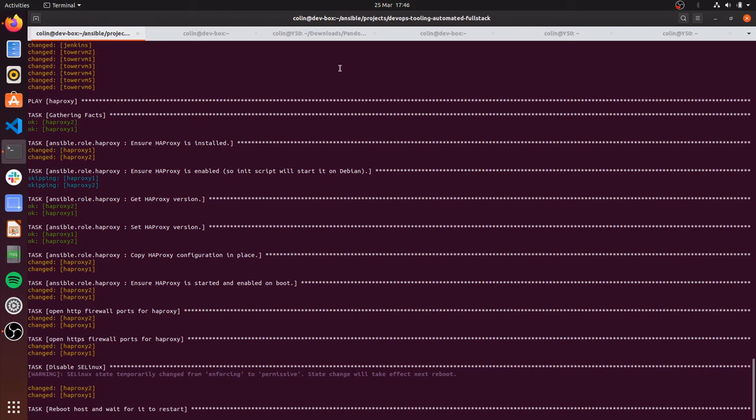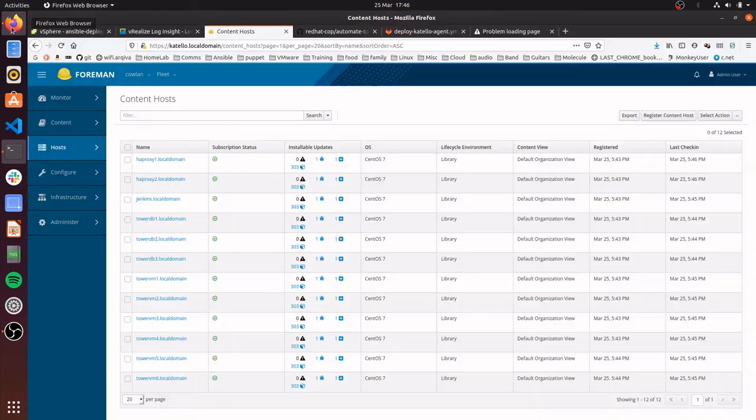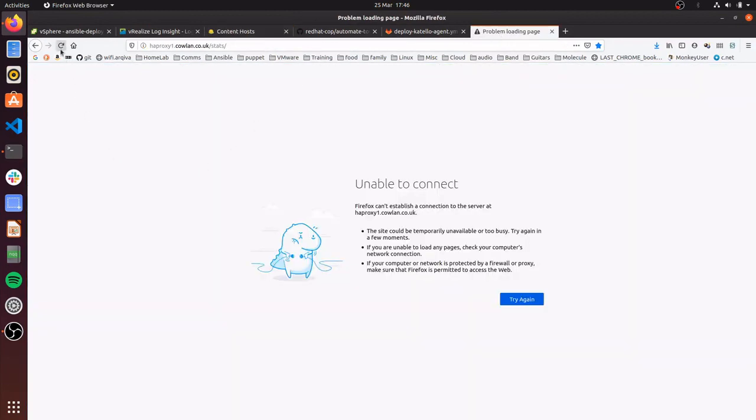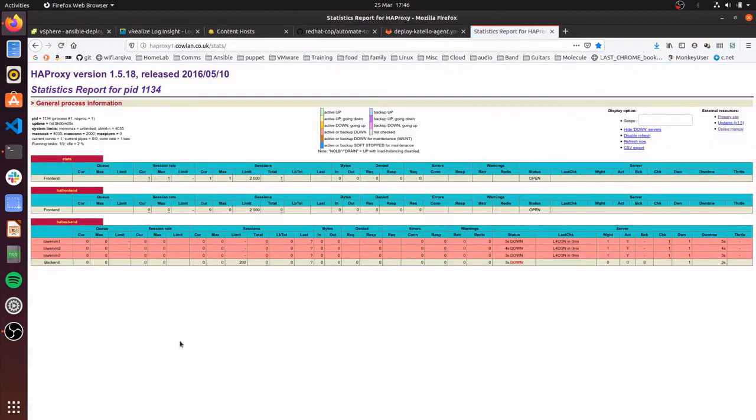So we can look back and see where we've passed on. Here we are, we've moved on to start the application. So the first thing we are trying to install is HA proxy. So if I go back here, I should see HA proxy is now installed. So HA proxy 1 is now installed, and it's been configured already to look at these